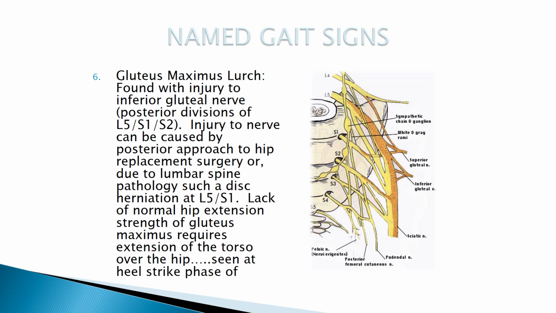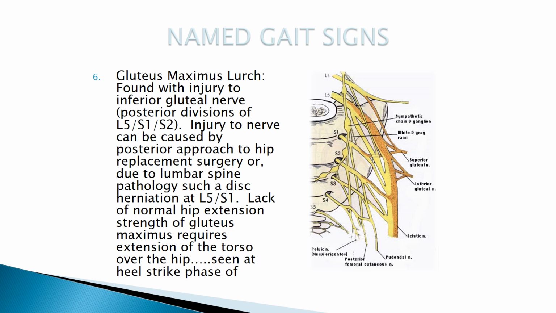Now what's interesting is if we think about the Trendelenburg gait and we compare it with the gluteus maximus lurch, both of them include compensatory movements of the torso over the base of support, and the base of support is the hip socket. But the Trendelenburg involves a lateral or sidewards compensation, whereas the gluteus maximus lurch is characterized by a posterior or backwards